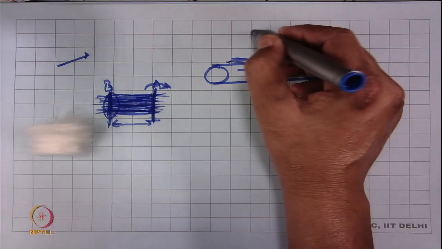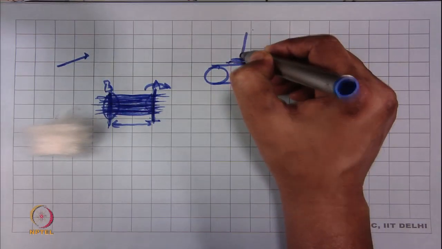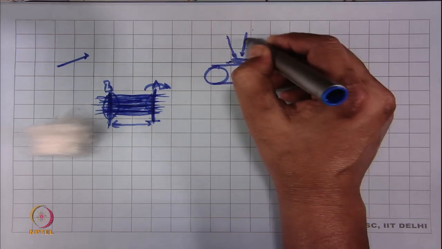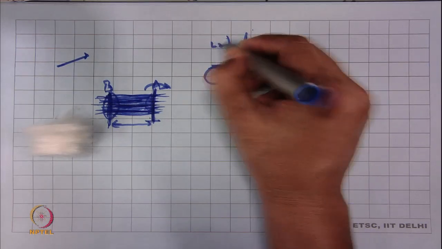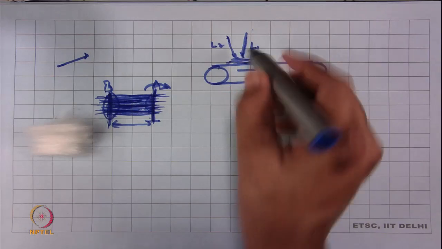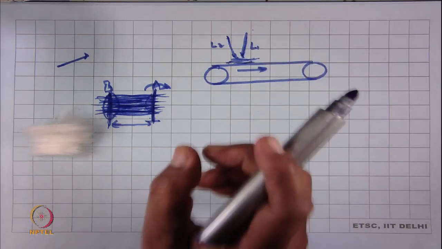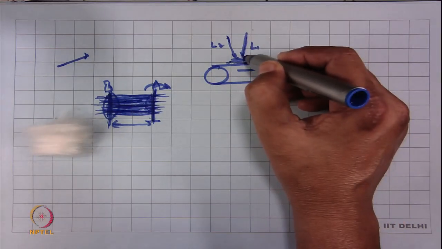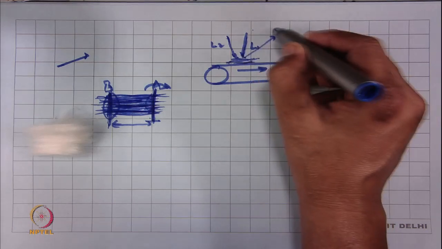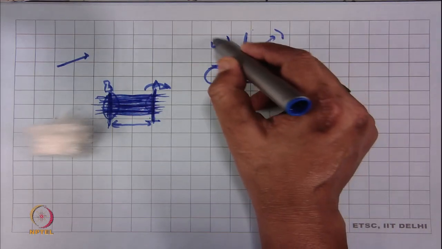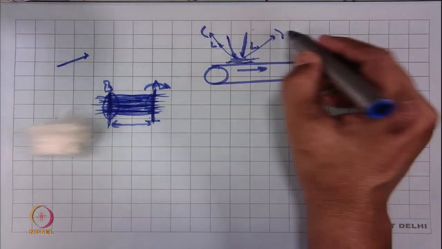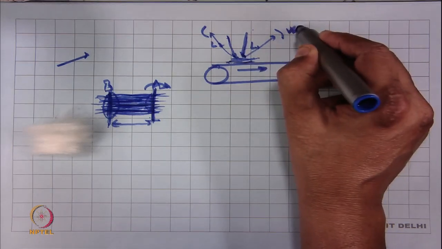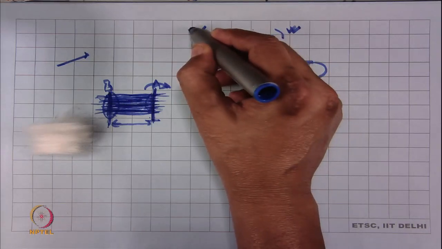Now, two light sources, L1 and L2, are projected here, and the distance between these two sources is very small, maybe 1 millimeter or 2 millimeter. After reflection, the light goes to one photoelectric sensor, and from the other source to another photoelectric sensor. This sensor will sense the intensity of light, and the other will also sense the intensity of light.